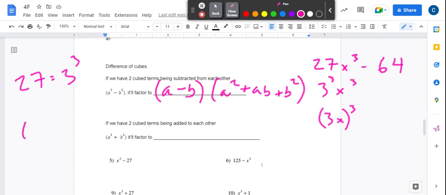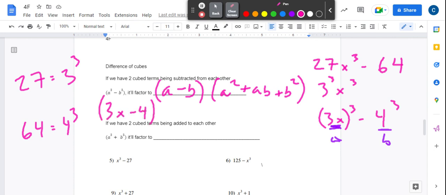And we know 64 is really 4 cubed. Okay? So we have 3x to the third power minus 4 to the third power. So we're going to use 3x and 4 as our a and our b. All right? So if we go back to this formula, a minus b, we're going to have 3x minus 4 times